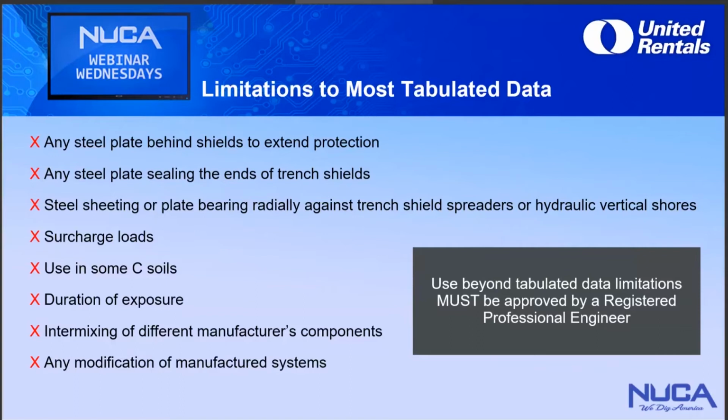Again, when it comes to steel sheeting or plate, having them bear up against the trench shield spreaders or even vertical hydraulic shores is not allowed. For the most part, it's because those particular situations, they're not designed to have any type of a vertical load to withstand. So again, an 8-inch spreader pipe, Schedule 80 pipe that's in a collar, that's a 12-inch collar on